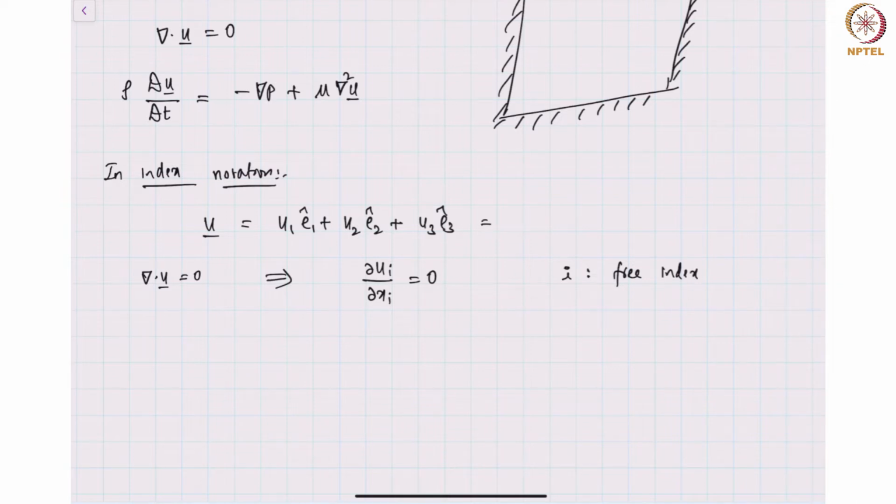Where does i come from? So if I write down the velocity vector like this, u1 e1 plus u2 e2 plus u3 e3, this can also be written as summation ui ei or simply ui ei. So i is the free index, and if I write down the momentum equation,